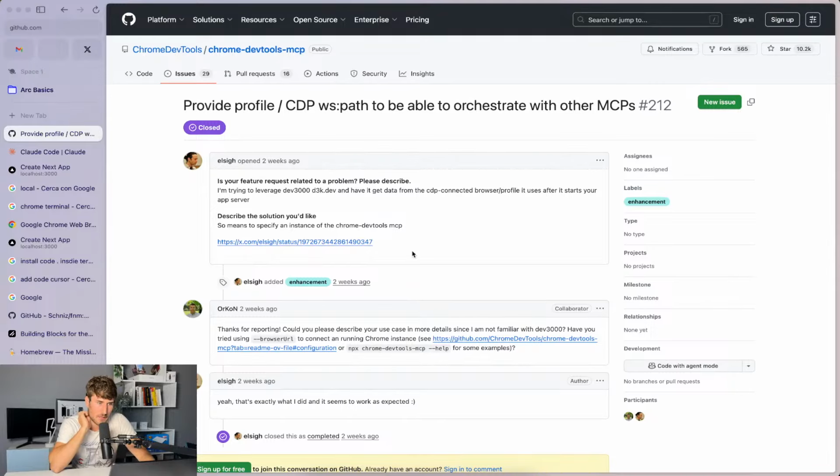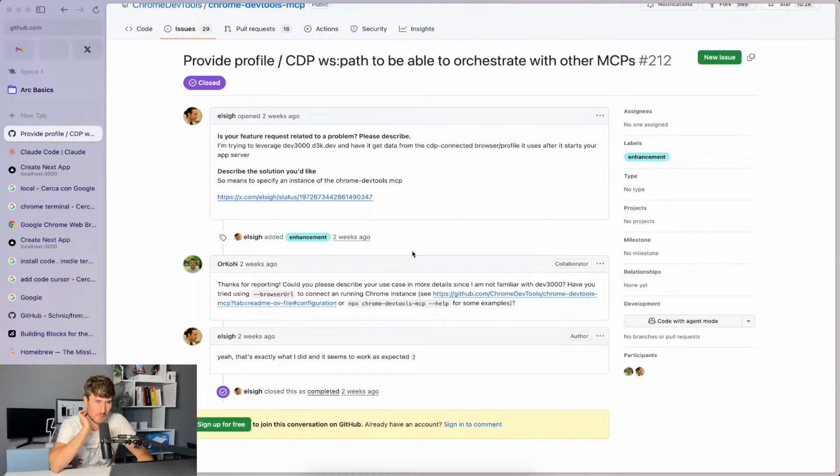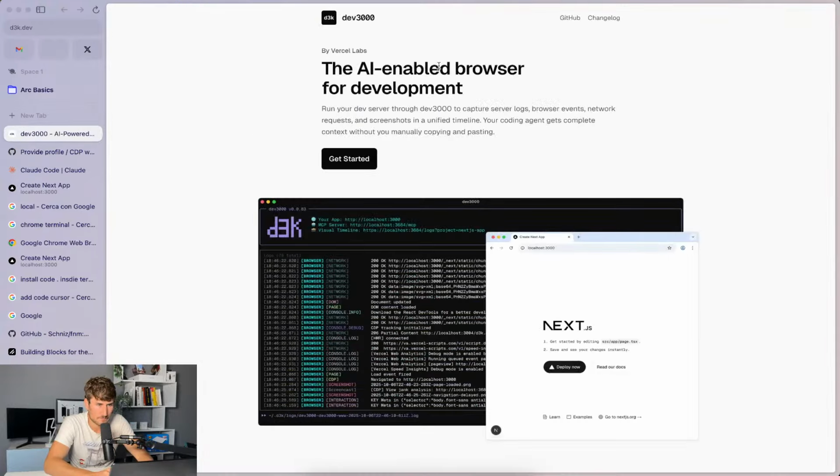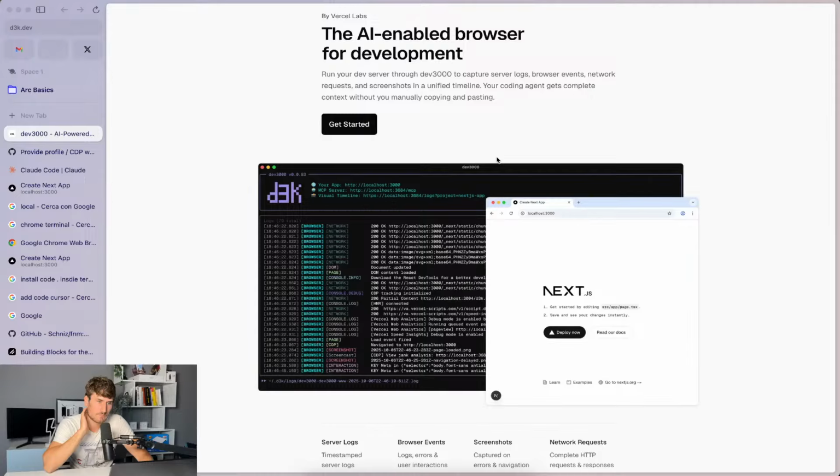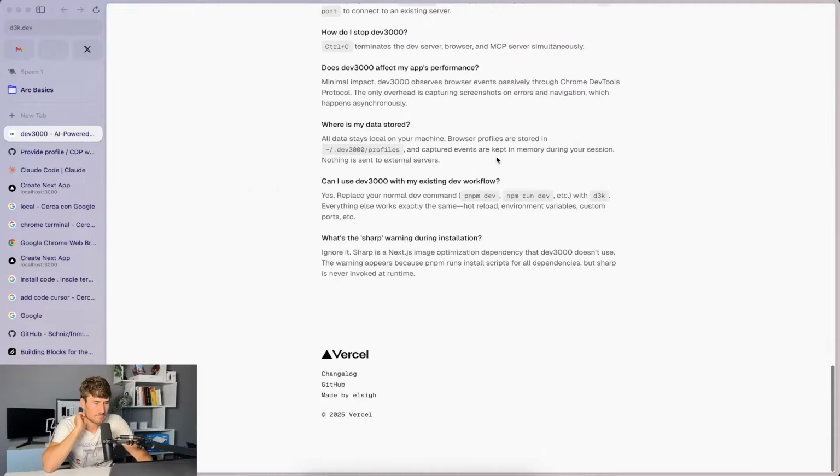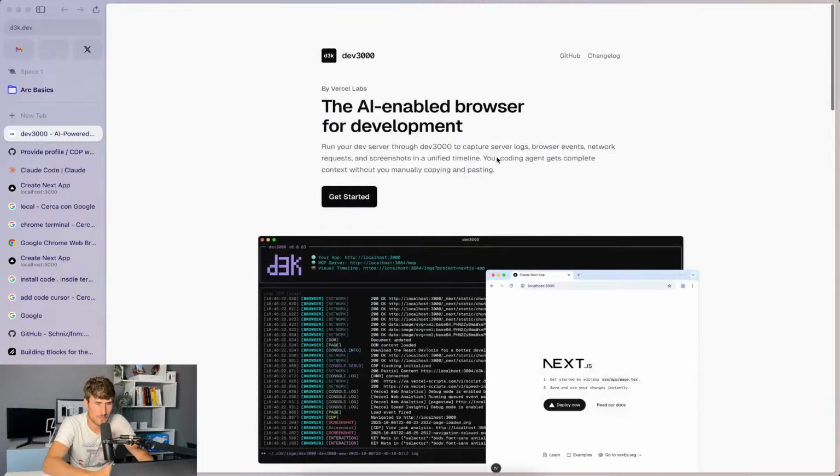Range D3 ktab and have to get data from the CDP connected browser profile. Yep. What is this? Wow. Do they have